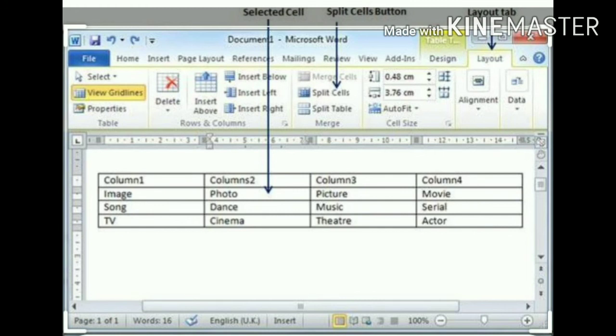Third, click Split Cells from the Merge group. Fourth, the Split Cells dialog box appears. Type the number of columns and rows into which you want to split the selected cell. Fifth, click OK, and the cells get split as desired.